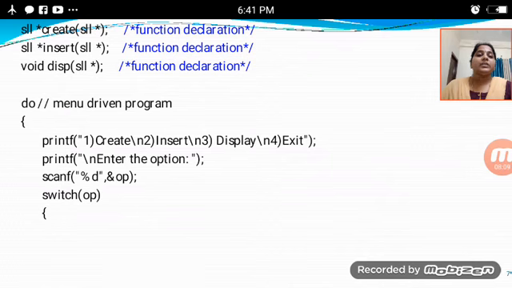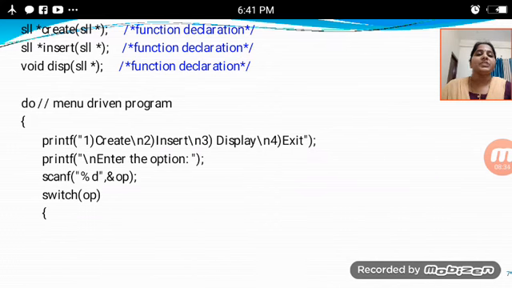In this, the program asks which option you have to take. Create is option one. After that, two will be the insert option, and three will be the display option. You can take any one of these, and exit is the fourth option. The default value will be the exit option.